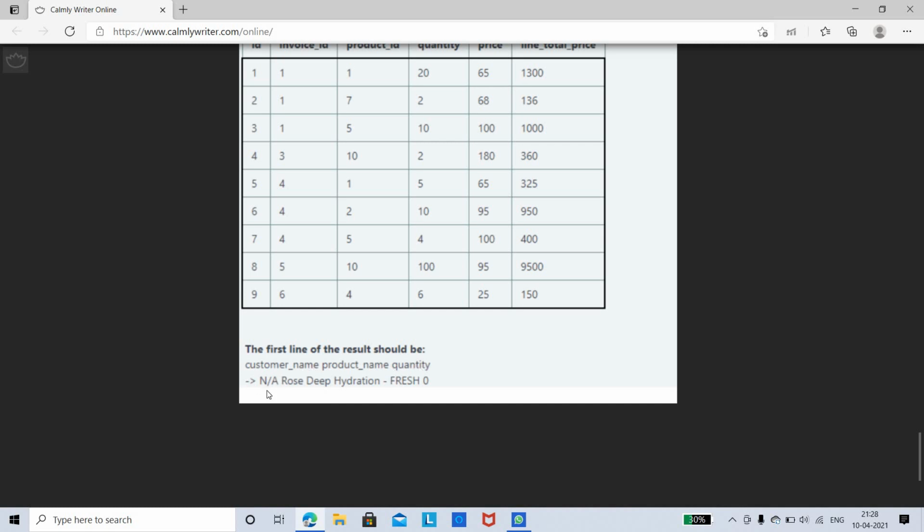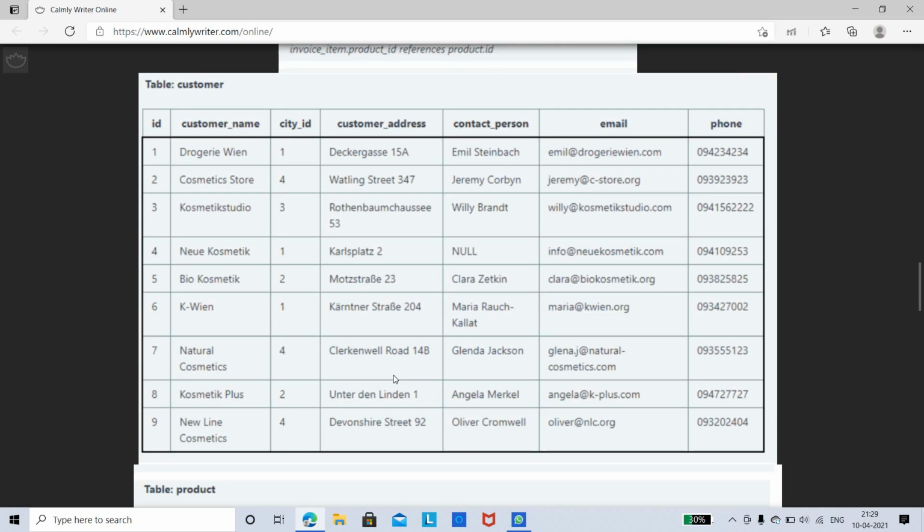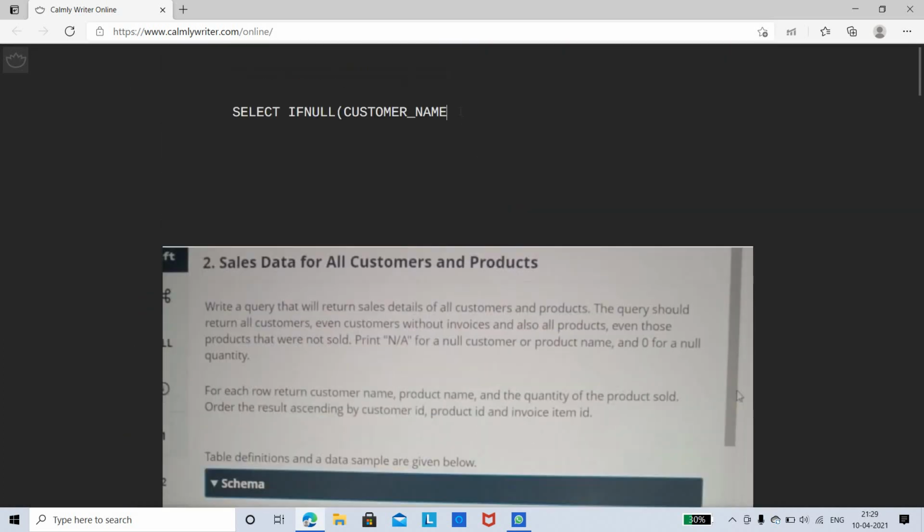So if it is null, then it should be not applicable, followed by the product name, and then quantity should be 0 if it is null. So this is what you need to display, and this should be ordered by ID, with respect to customer ID and the product ID.